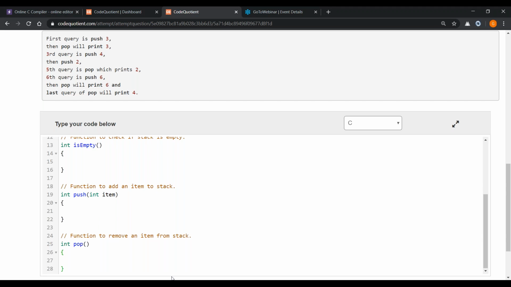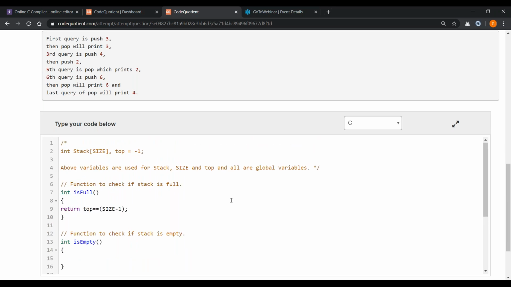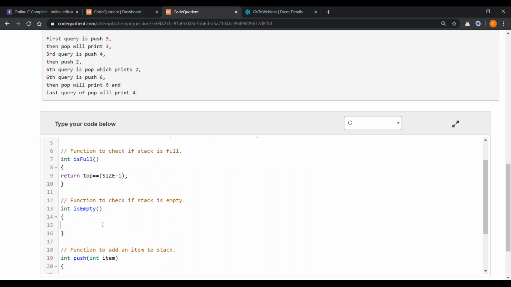For example, for isFull, what I had to do? Top is equal to size minus 1. For isEmpty, top is equal to minus 1. For push, the same condition.